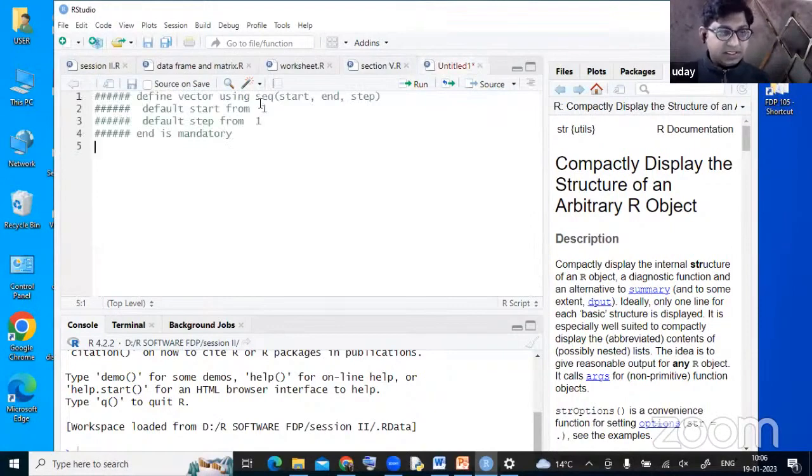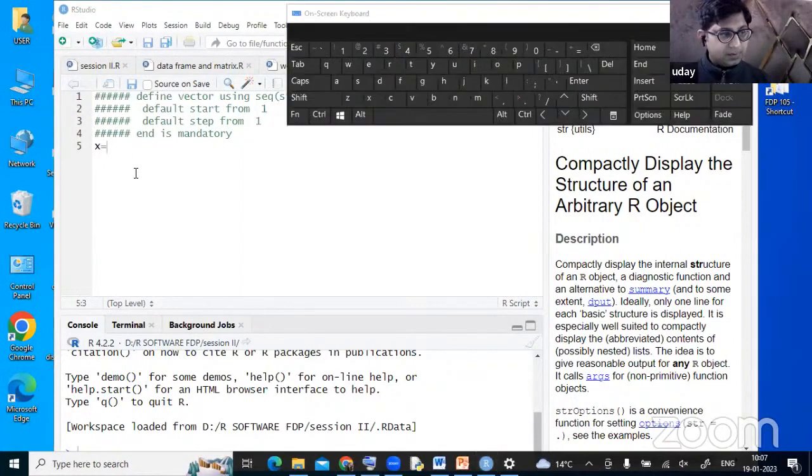As you can see here, I have pasted the definition of the sequence function. The sequence function consists of 3 components. The first component is the start, from where you want to start. The second is where you want to end, and the last is the step. Suppose I want to assign x data from 1 to 10. So I write x equals sequence command,